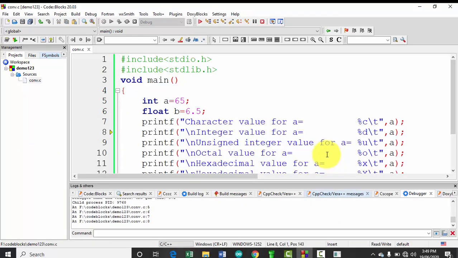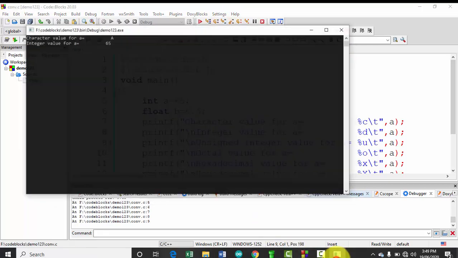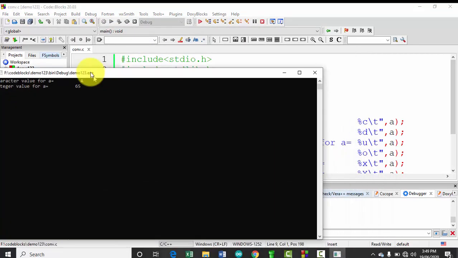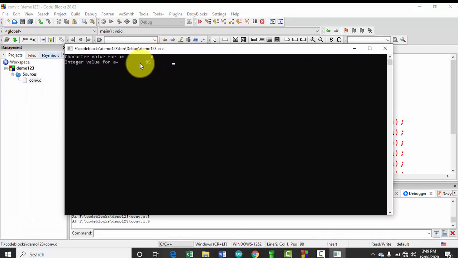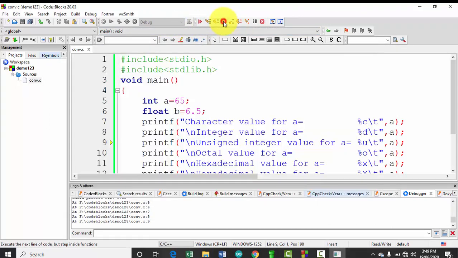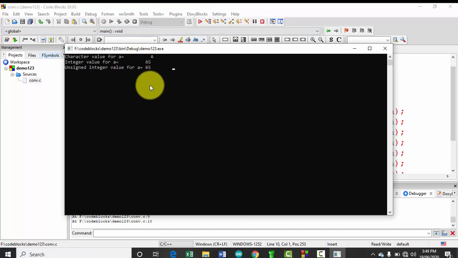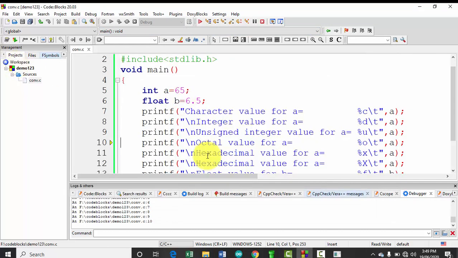Let us check the next value. Here we are getting the value 65, that is, whatever assigned value is there, we get directly at the output. This is again unsigned. Now let us find the octal value for a.